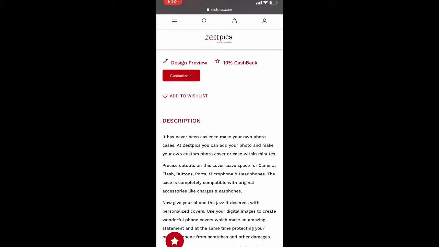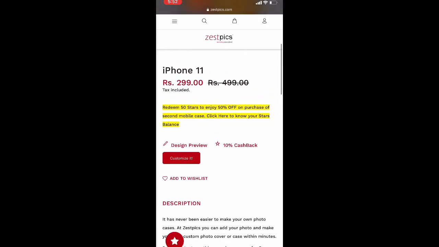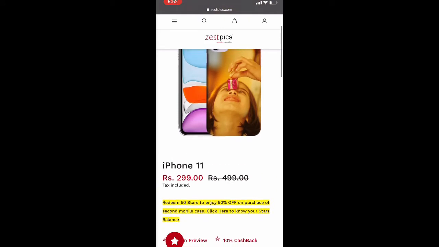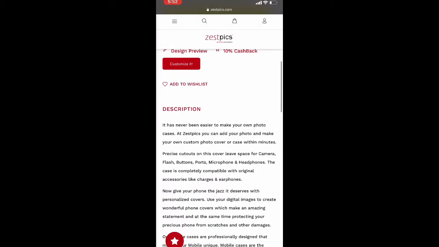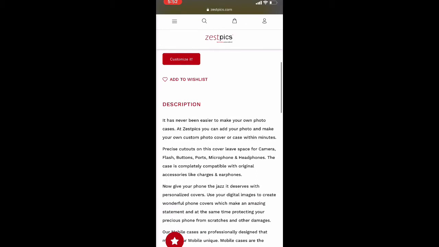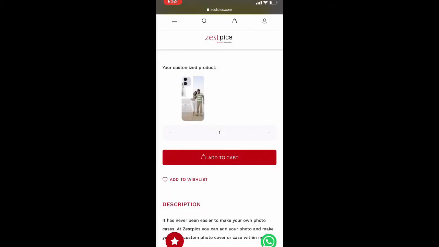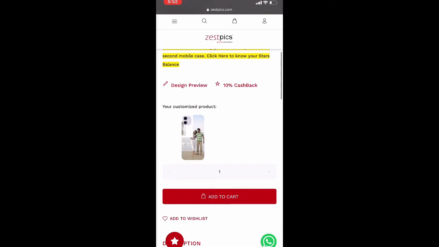Here we have to be a little patient because the photograph that we have uploaded will be uploaded to our servers. It's taking some more time. Yes, now it's loading. Here you can see the customized one.